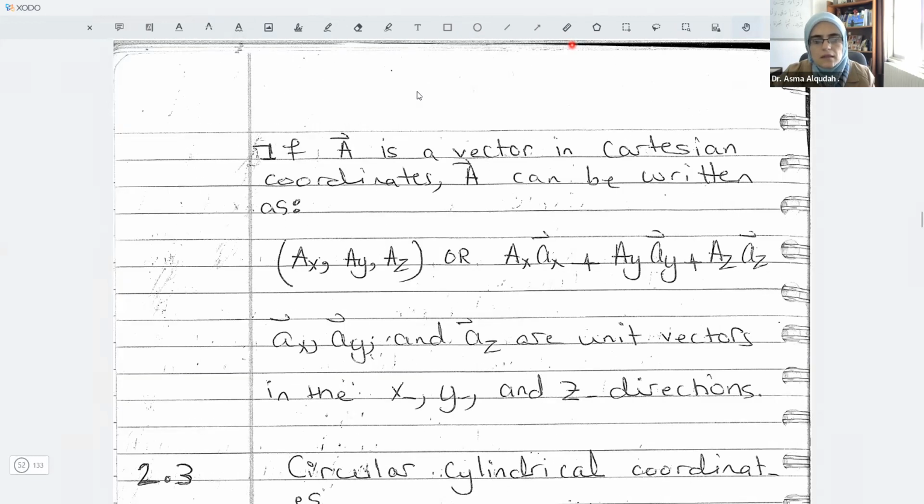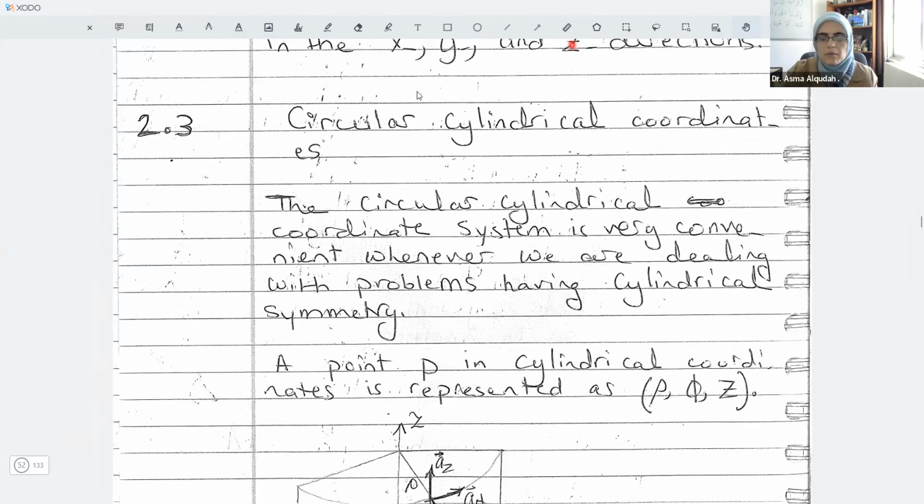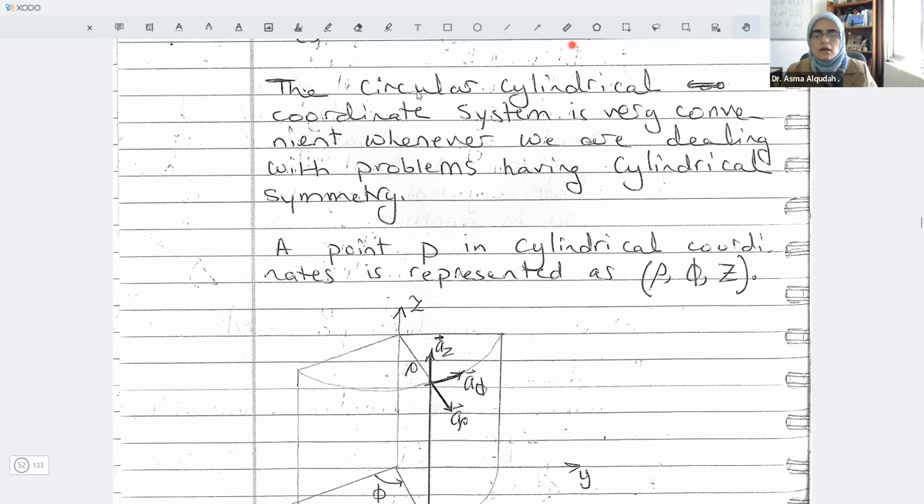وصلنا المرة الماضية عند section 2.3، اوكي، واللي قلنا فيه نتعرف على cylindrical coordinates. Okay, now let's talk again about the cylindrical coordinates. Make a quick revision. So we said that